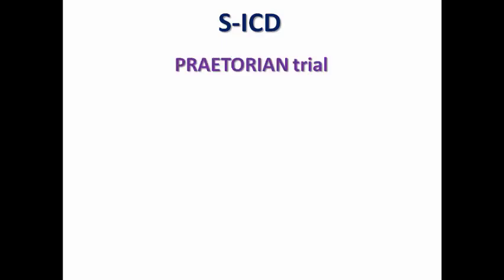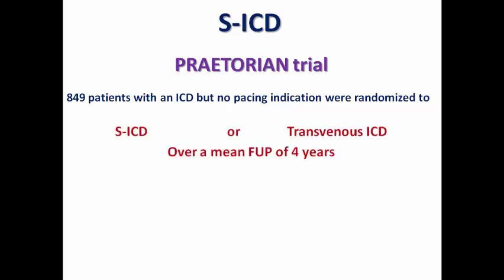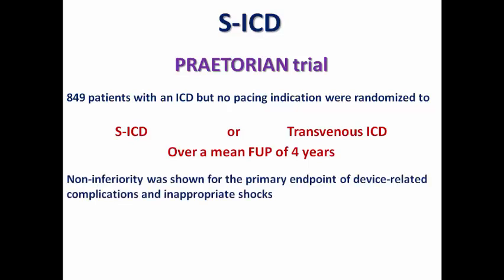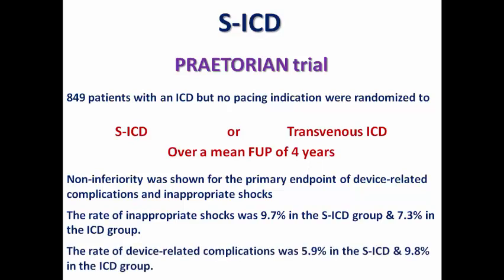In the PRAETORIAN trial, patients with an ICD indication but no pacing indication were randomized to either SICD or transvenous ICD over a mean follow-up period of 4 years. Non-inferiority was shown for the primary endpoint of device-related complications and inappropriate shocks, and the rate of shocks was higher in the SICD group than in the ICD group. I'm speaking here about the inappropriate shocks, but the rate of device-related complications was higher in the transvenous group rather